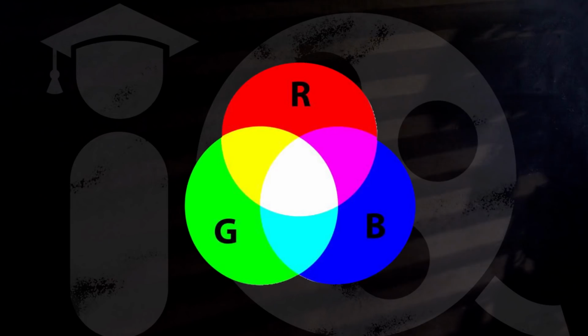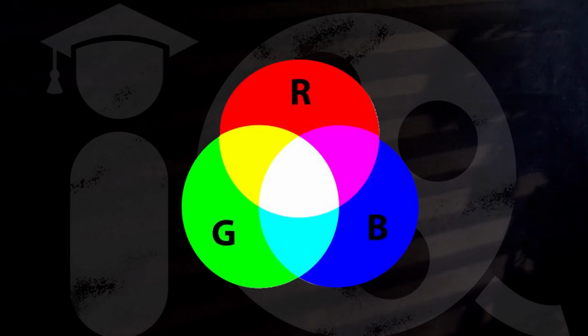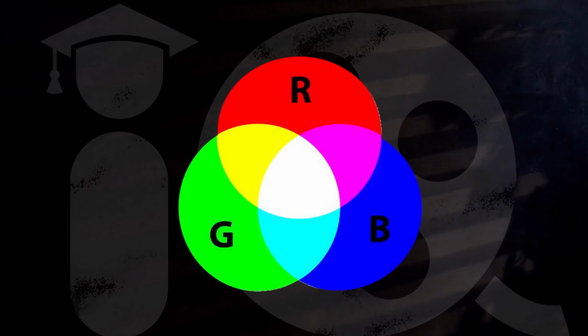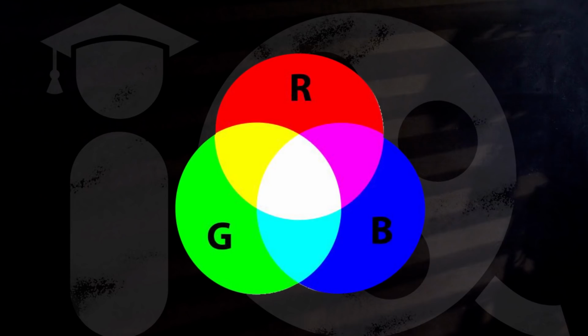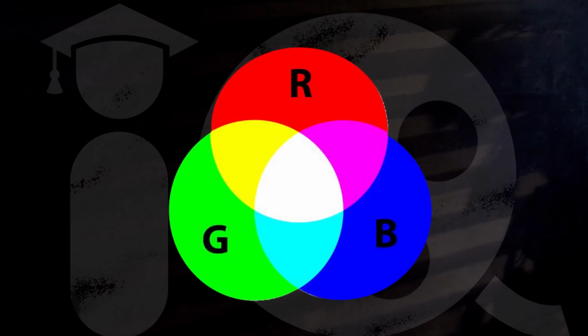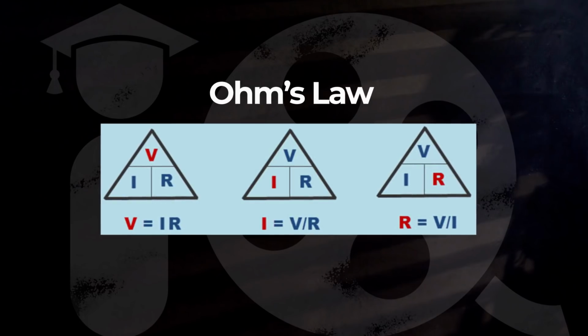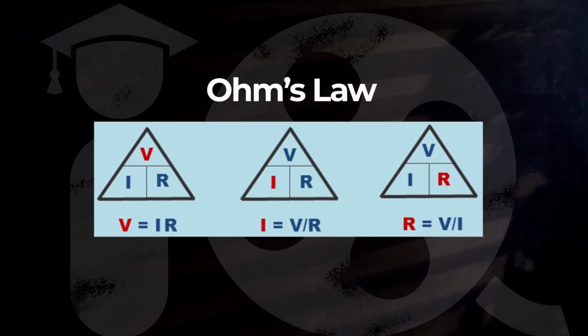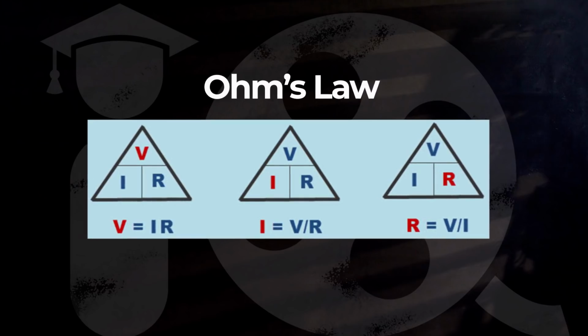Perhaps it's supposed to emulate the color wheel, which is sort of like a triangle if we isolate the primary colors. This graphically illustrates what happens when we mix the colors, but where we can mix blue and green and no red and get cyan, we don't get any image if any of our exposure elements is 0. Maybe it's supposed to be like the famous voltage, current, resistance triangle, Ohm's law, from electronic engineering, which graphically illustrates the mathematical relationship. But that doesn't work for the exposure triangle because ISO does not equal aperture divided by shutter speed. It just doesn't work that way.